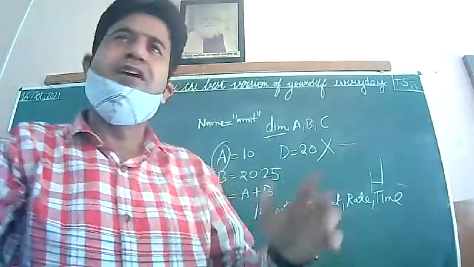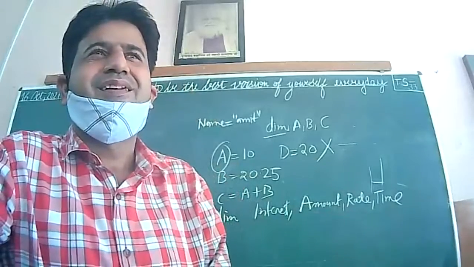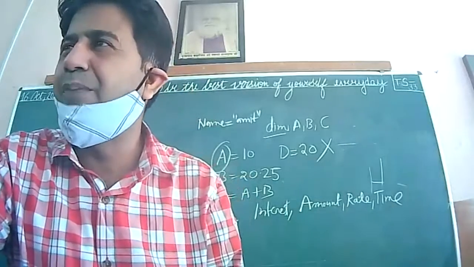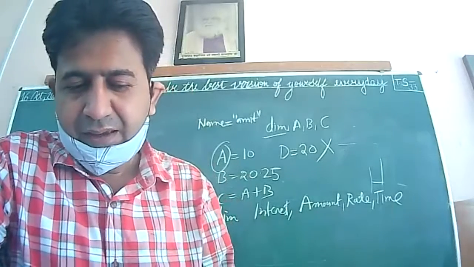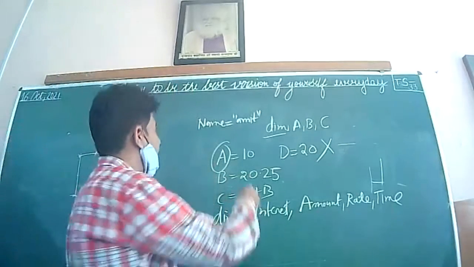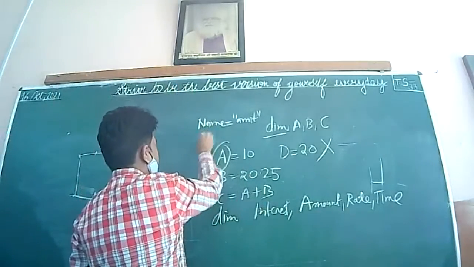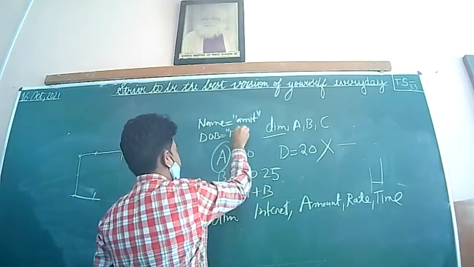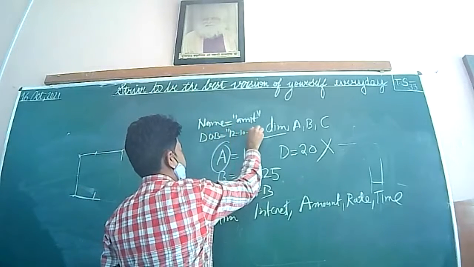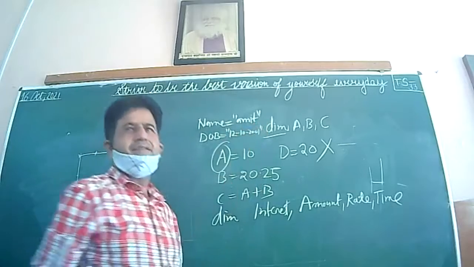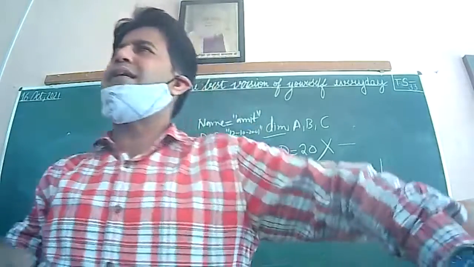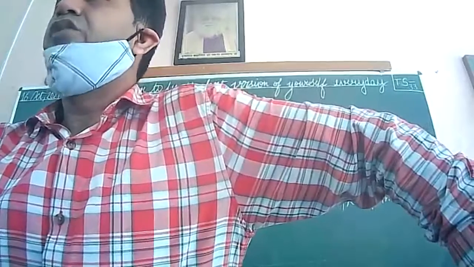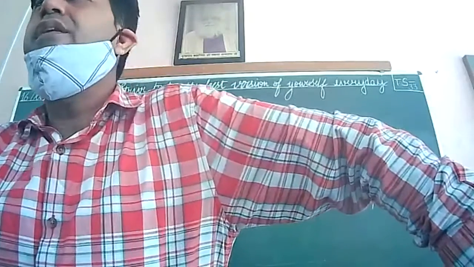Is Amit of a numeric data type, integer? What is its data type? String. Its data type is string. And if I am giving any date of birth equal to, now this is a date. So according to the data, there are data types. Clear? So each variable has its own data type.